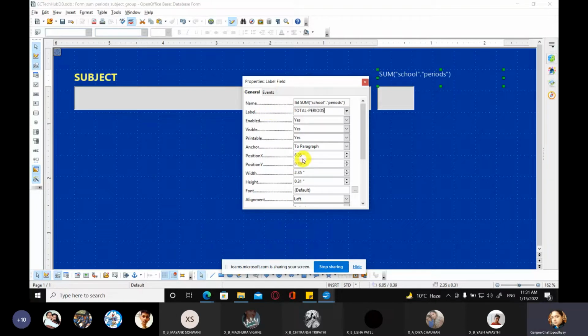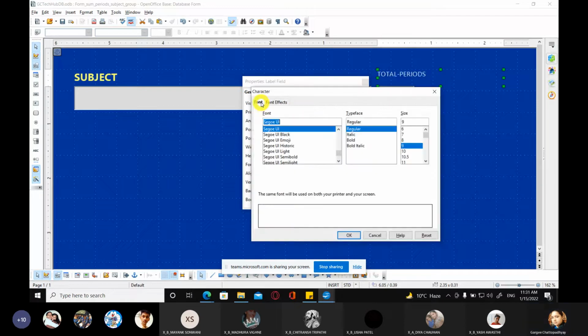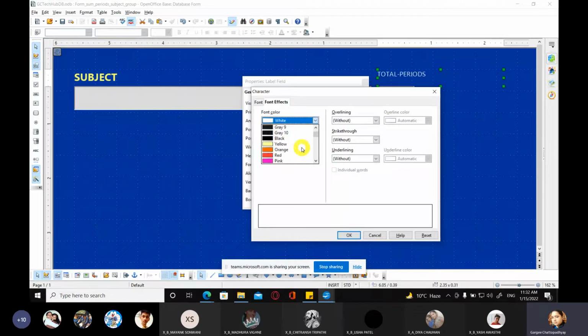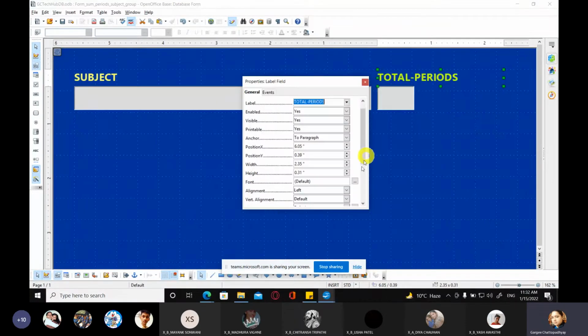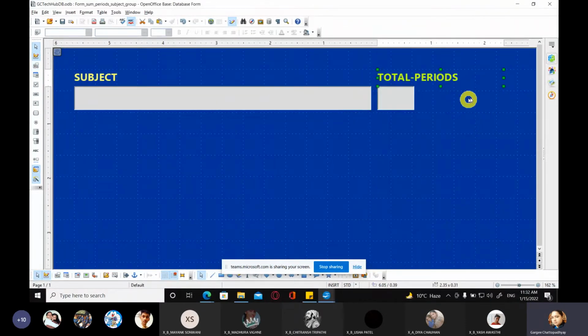Okay, and the font also you can change from here. 14 I had selected. I'll go to font effects and I'll select yellow green over here. Click on OK, and you can see total periods over there. Close this, and this is how you have modified your form.